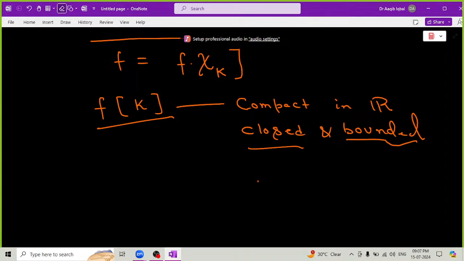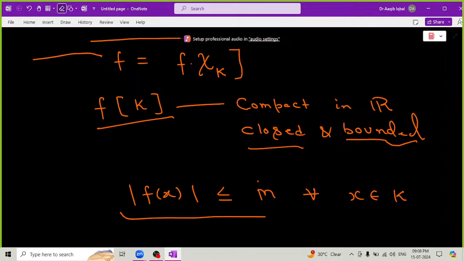या आप ऐसे भी इसको देख सकते हैं, since this fk is closed and bounded, so therefore obviously, if you are restricting yourself to k, this function f will be a bounded function. So that means modulus of f of x will be less than or equal to some m, and this will be true for all the x's in k. ठीक, यही चीज़ को आप यहाँ अगर ये इंफॉर्मेशन को इनकॉर्पोरेट करेंगे तो आपको